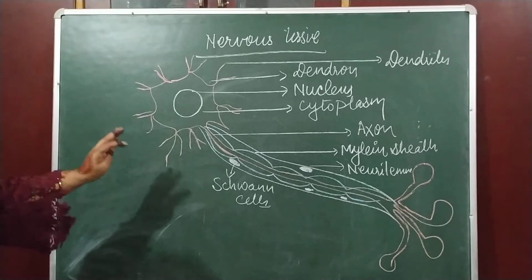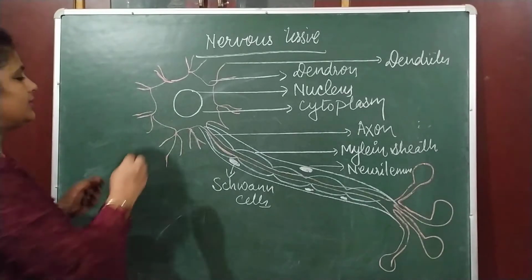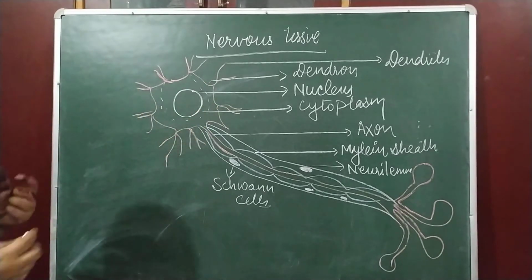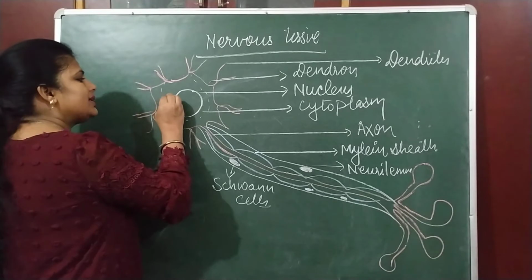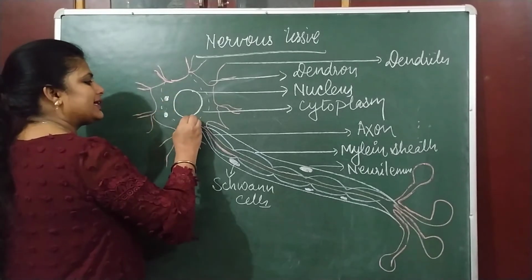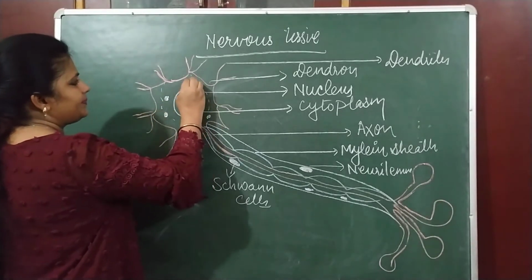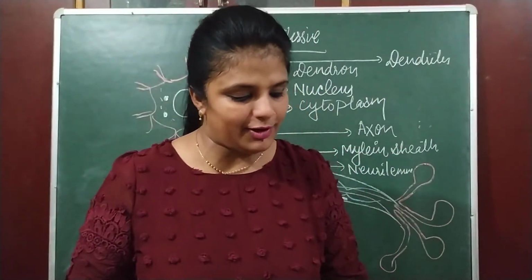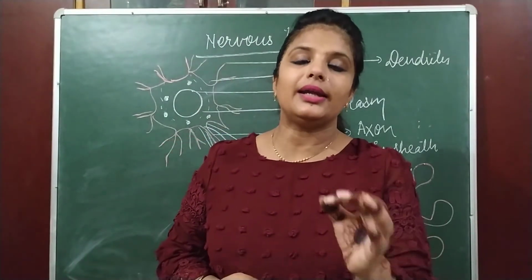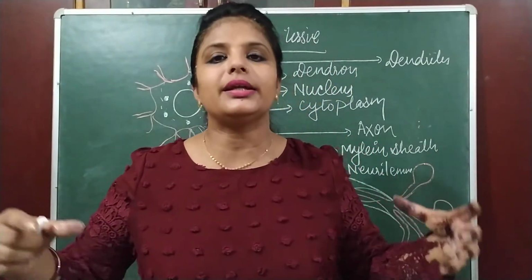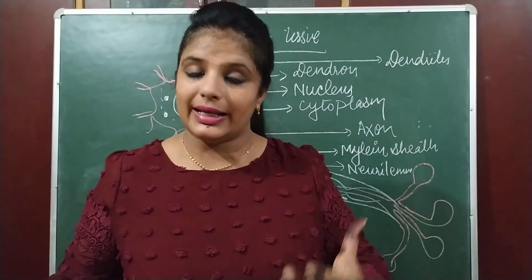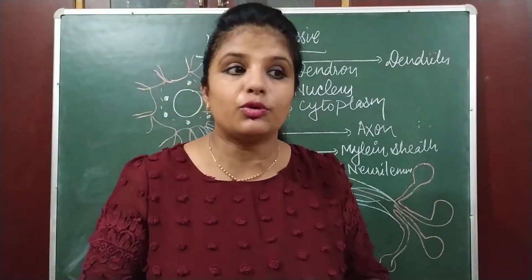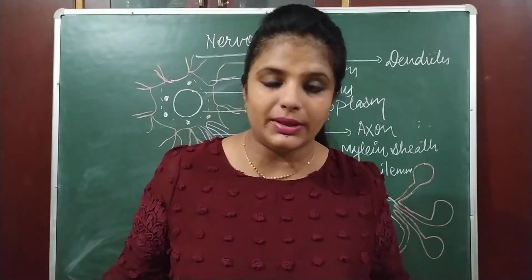Okay, so this is the structure of nervous tissue, and it consists of cytoplasm. Inside the cytoplasm there are certain cell organelles, present in the form of Nissl's granules. Nervous tissue is a group of specialized cells with highly developed properties of irritability and conductivity. They can conduct any message from one end to another end. That's why nervous tissue is the longest tissue in our body. It could be even 1 meter in length.